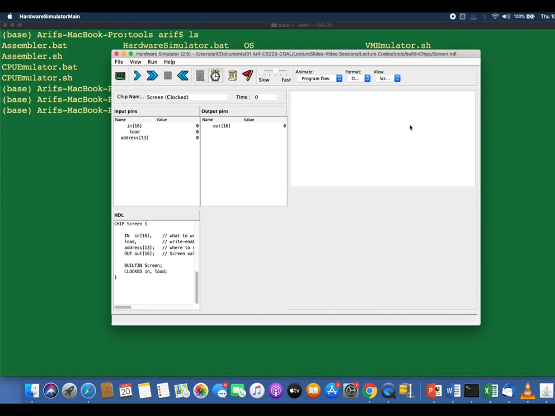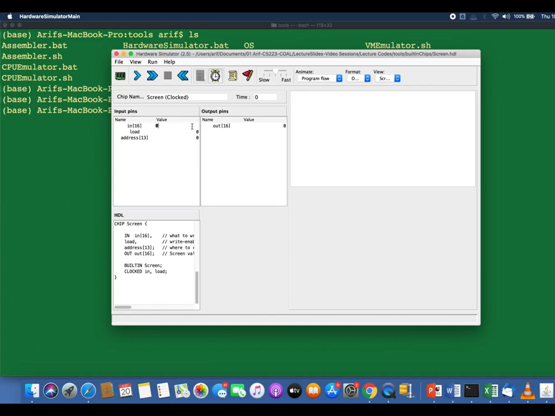Okay, so let us set the screen pixel 0 0, and the next one 0 1, 0 2, 0 3, and so on up to 0 15 to 1, so that we will have 16 black dots over here. 16 pixels of this row 0 will be set to 1. So we need to write 16 ones over here.